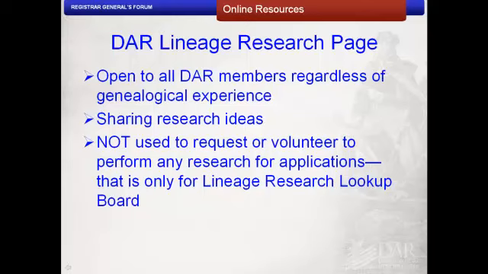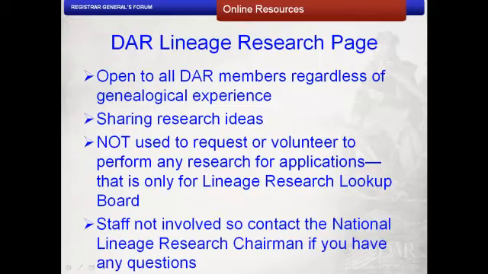And this board needs volunteers, so please visit the Lineage Research Lookup Board page on the members' website, members.dar.org, for more information about volunteer opportunities. Keep in mind that the staff of the Office of the Registrar General is not involved with the DAR Lineage Research Facebook page. Please direct all questions about this service to the National Lineage Research Chairman.